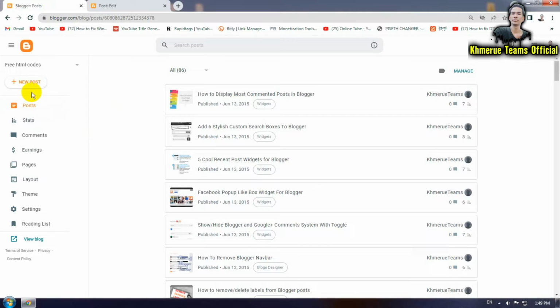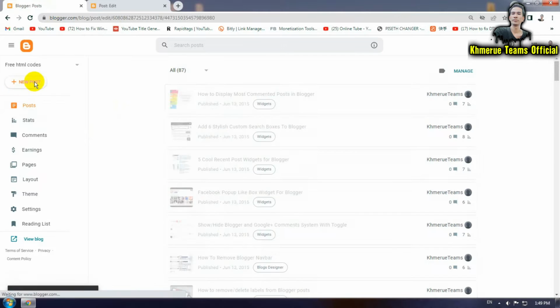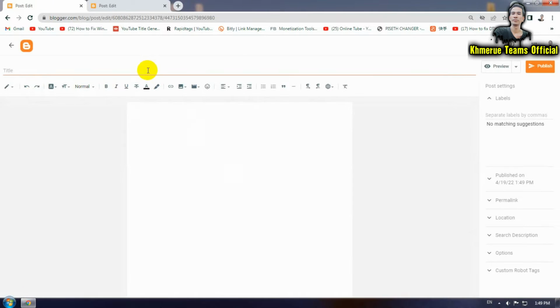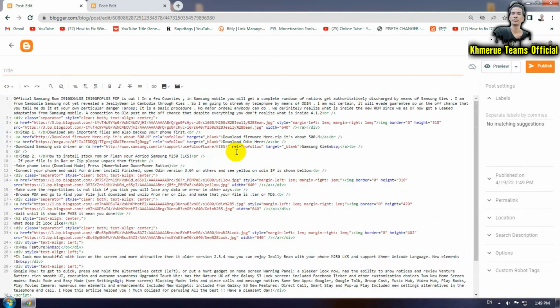And then this time we go to this blog and create a new post here and add the title that you want, but now I'm not gonna add it for you. So this time we do the same by going to the HTML view here and then delete everything inside this, and then paste this code here. And this means now you can copy all the posts without any root links, and then paste the title like this